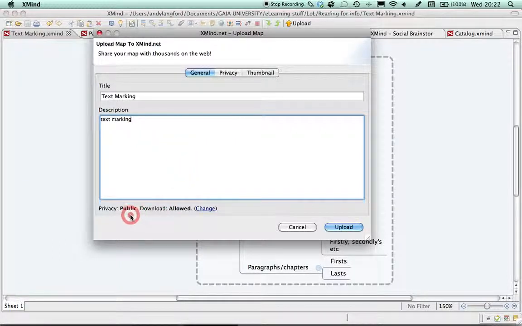Here I'm going to upload it as a public mind map. I'm going to allow download so that you can download it if you choose, and if I wanted to change those settings I'd use this control to do that, but meanwhile I'm completely happy with the situation,